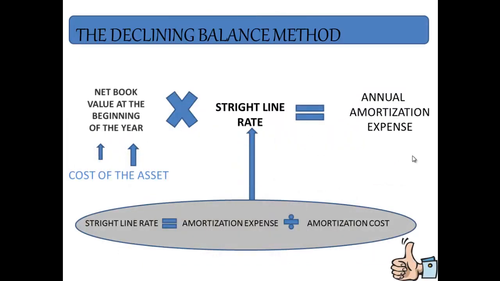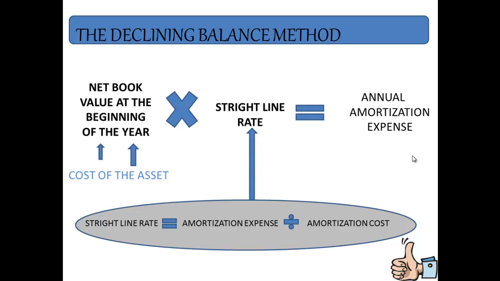The declining balance method is basically the net book value at the beginning of the year of an asset times the straight line rate equals the annual amortization expense. If we break down the formula, you can see the net book value is basically the cost of the asset. If you purchase a truck for $25,000, that's the net book value you can use. And the straight line rate is